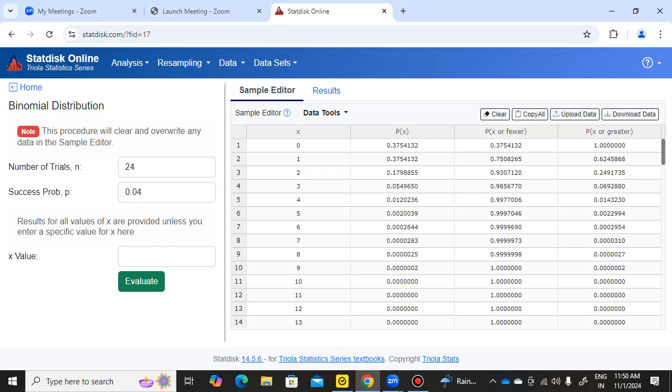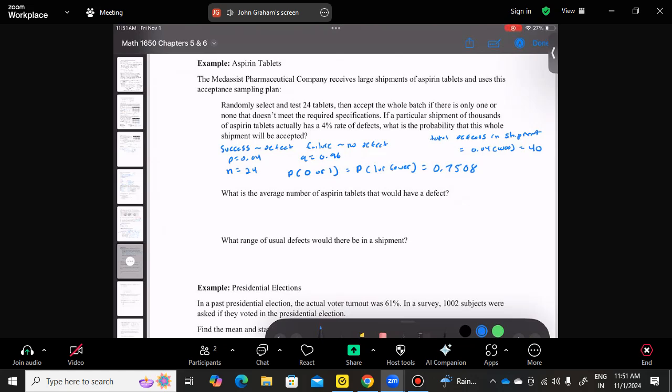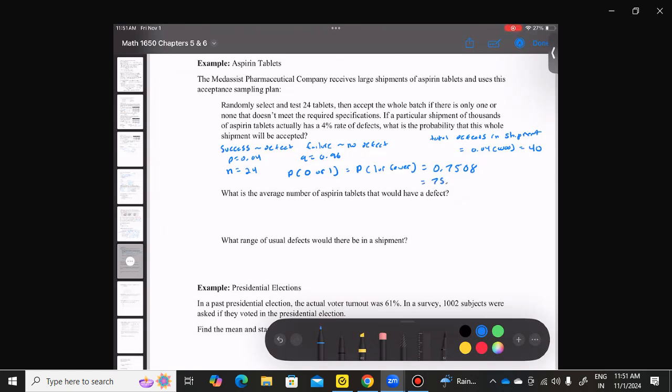So second column, not counting the x column, of the probability columns, it's the probability of x or fewer. We're looking at one or fewer, so we're looking at the 0.7508 in that particular column. All right, back to this. In other words, we can say there's a 75.1% chance of the whole shipment being accepted, even with the defects being